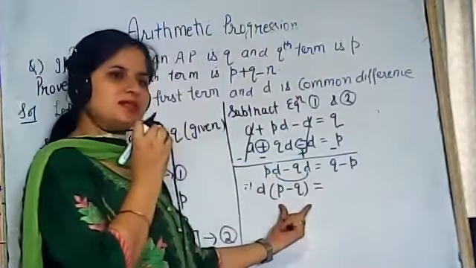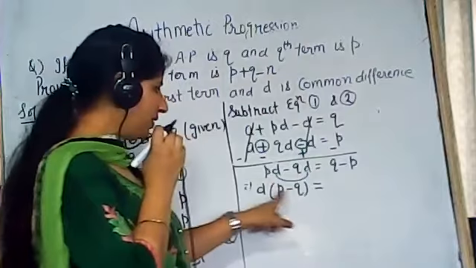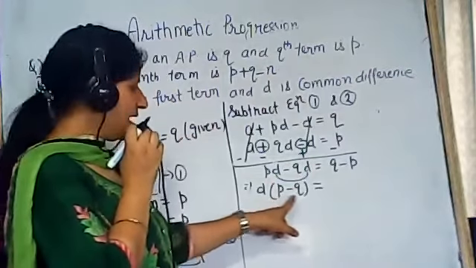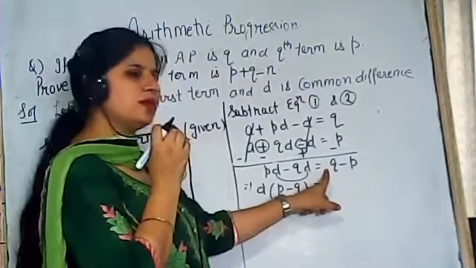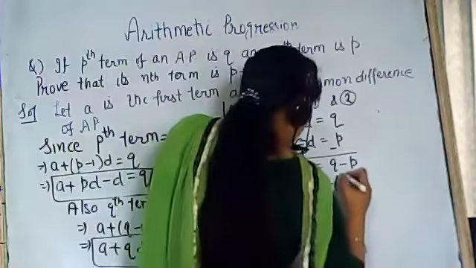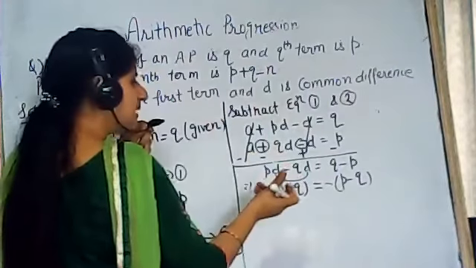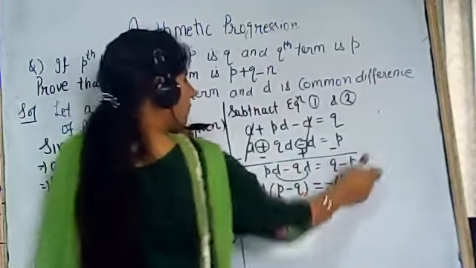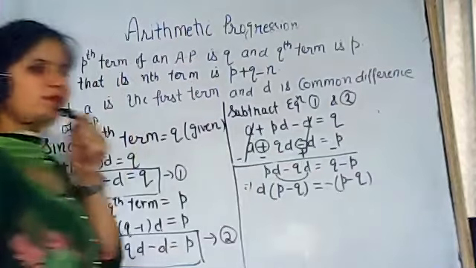Both the variables are same, but what is the distinction? They have different sign. Like on left hand side, P is positive and Q is negative. But on right hand side, they are of different sign. Q is positive and P is negative. Now we can take negative sign common. So it will become minus of P minus Q. Why we have done this step? Because P minus Q, they will be cancelled out, and we shall get the value of D, which is equals